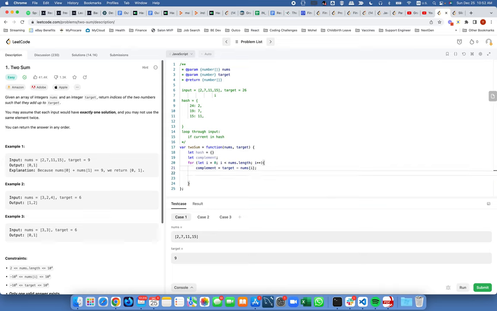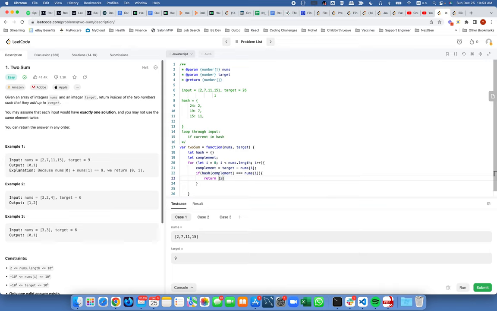So we do that, and then when we said we're going to put the complement there, if hash[complement] is equal to nums[I], right? If that's the case, then return